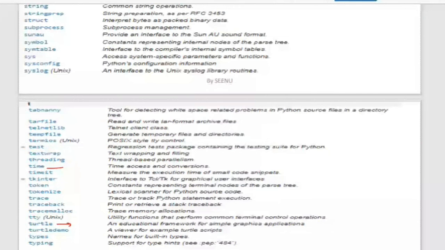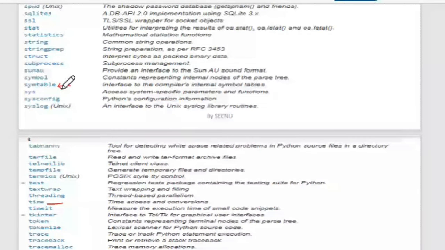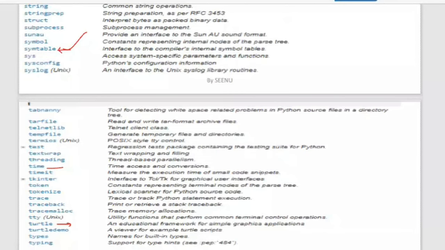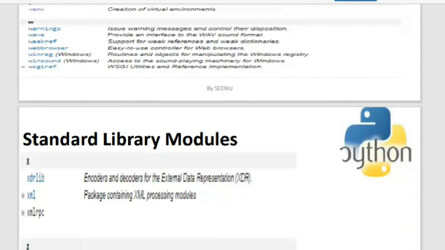If you're working with tables, all your global namespace and local namespace are put in the symbol table, so there is a symtable module over here. There are many modules that you can explore and use. So these are the standard libraries.